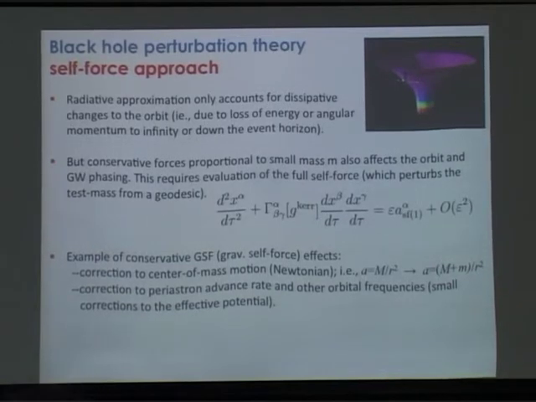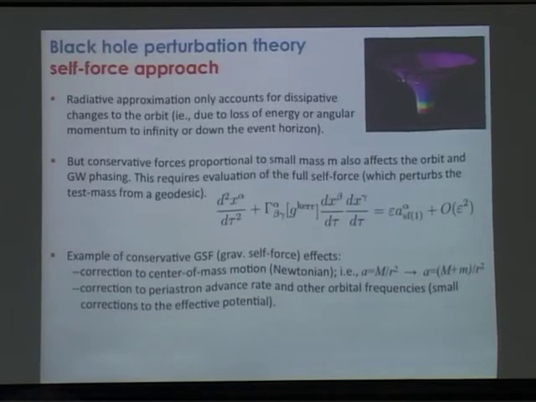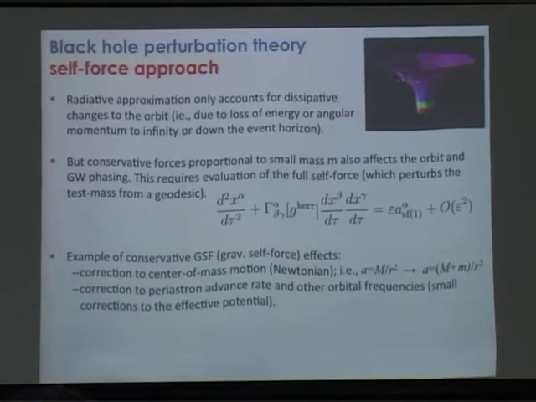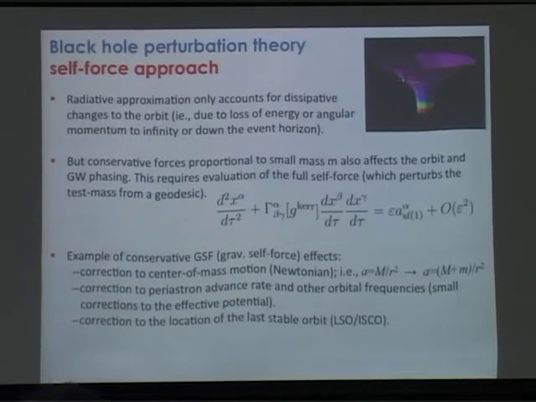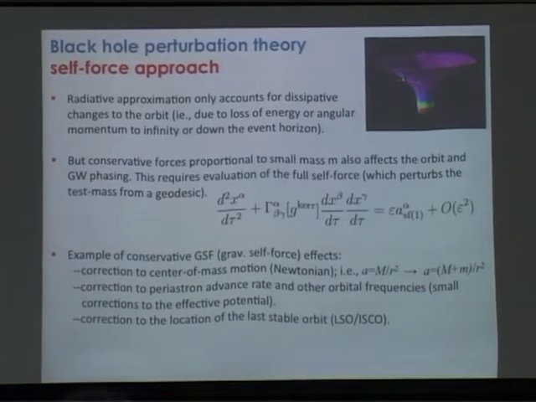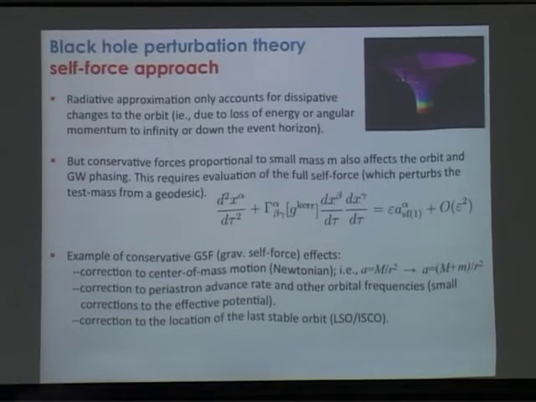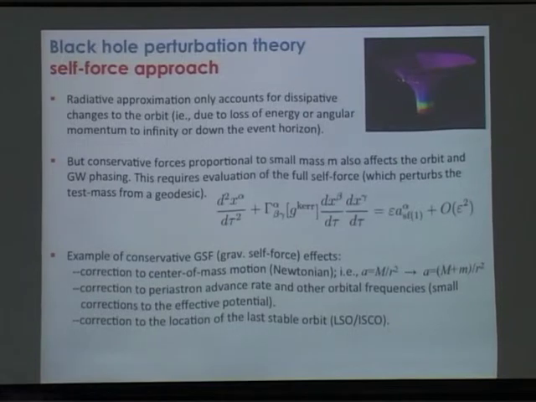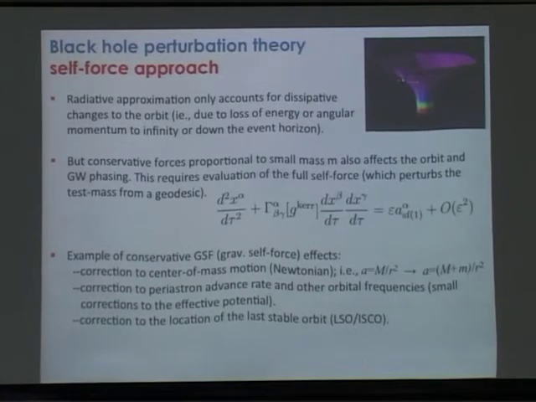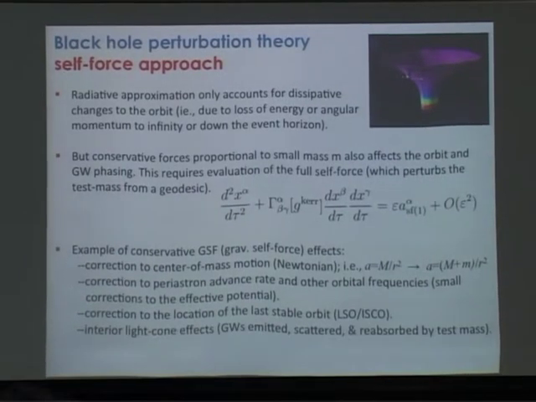So I can essentially think of the effective potential in the Schwarzschild spacetime as getting adjusted a little bit when I include the mass of this small body. There are also shifts in the location of the innermost stable circular orbit. Usually this quantity we say occurs at a value of 6M for Schwarzschild. But when I actually worry about the mass of this small particle,